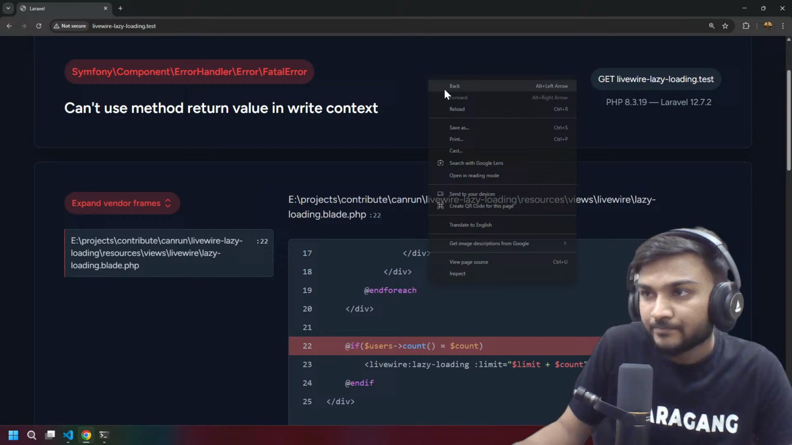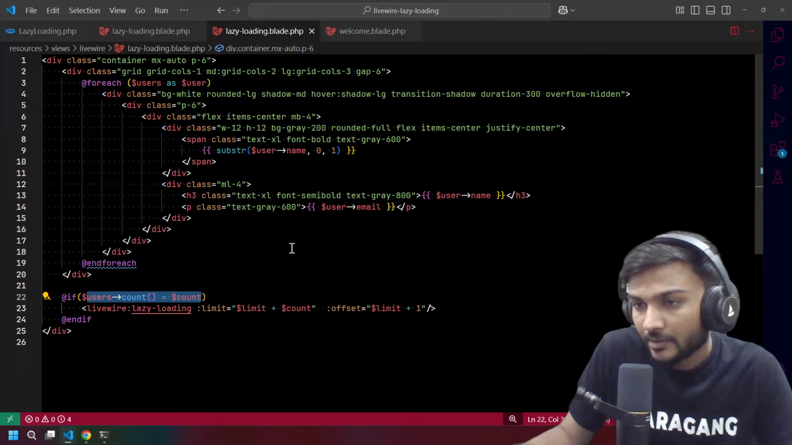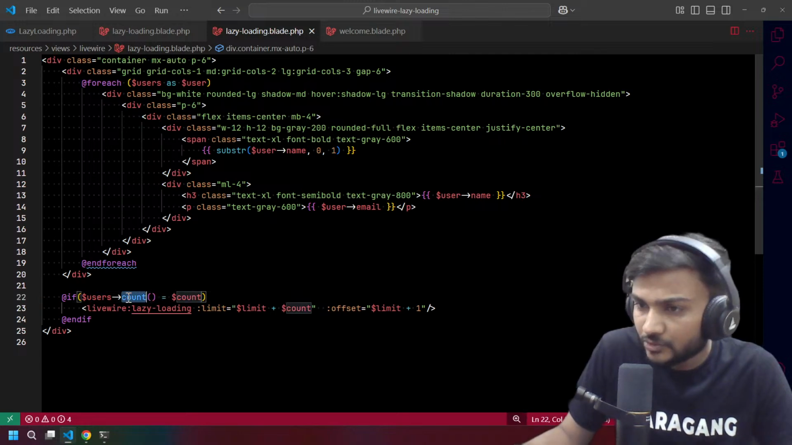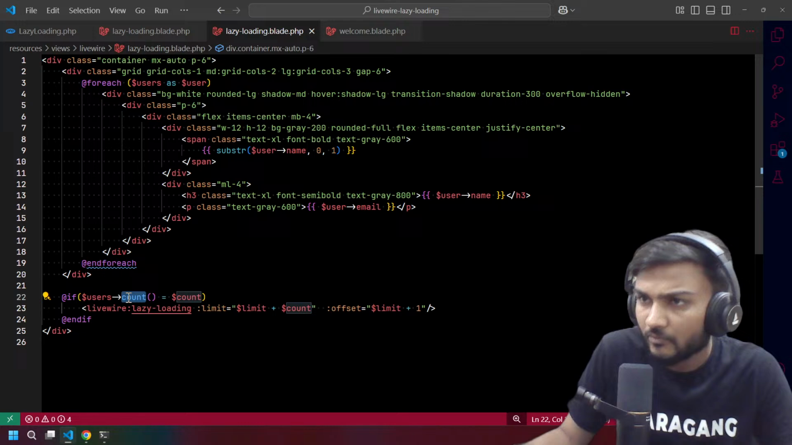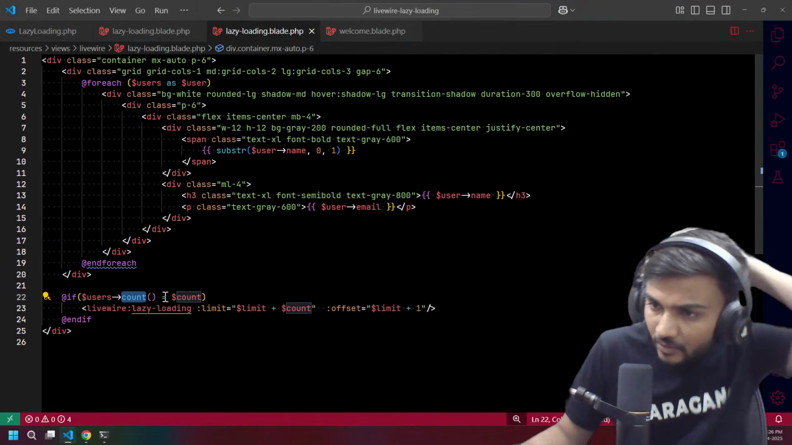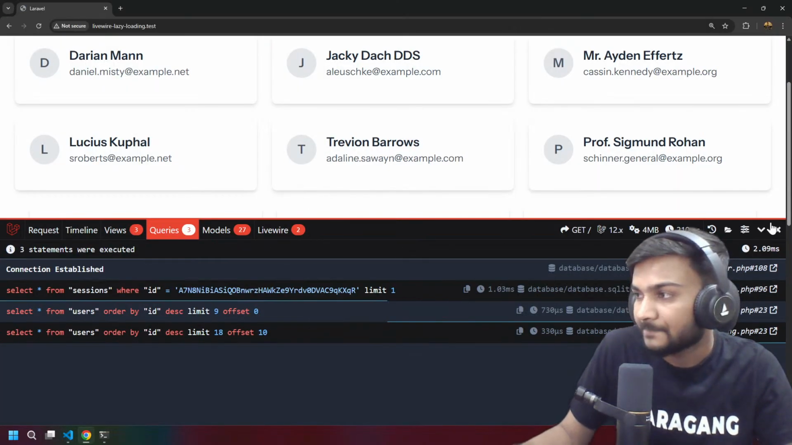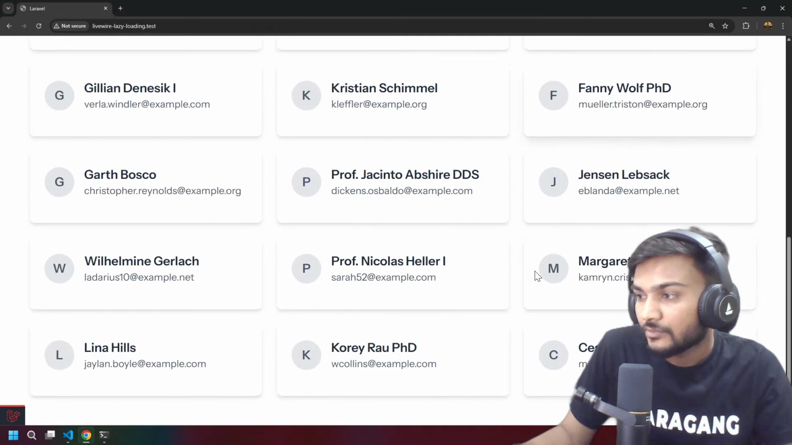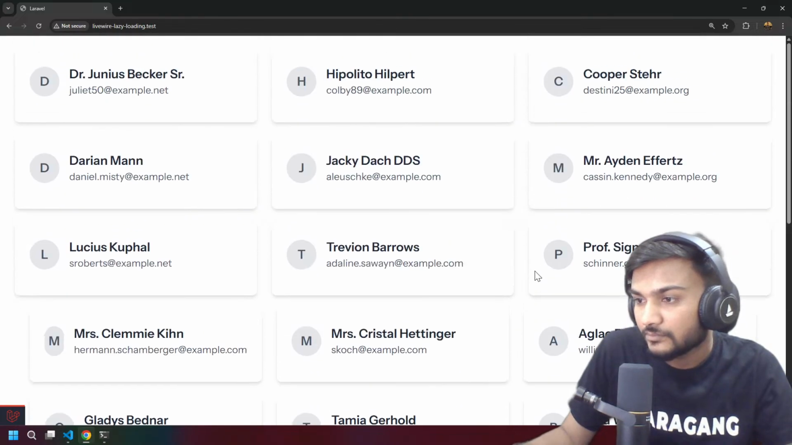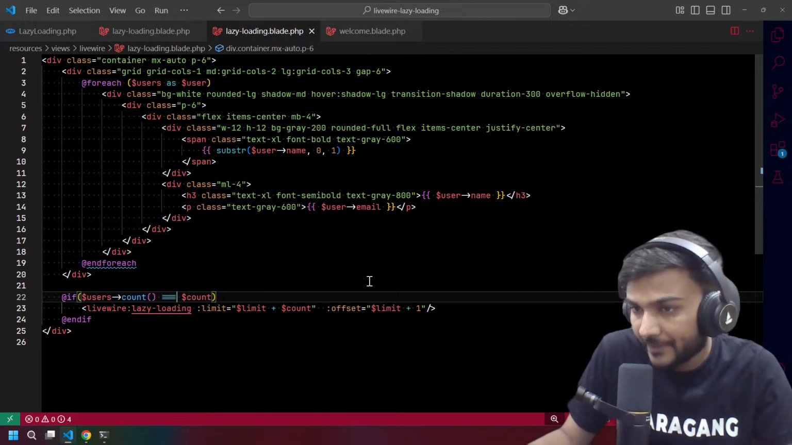Okay. So we have one problem. We cannot use a count method on users. Why? It says can't use a method return value in the right context. Okay, sorry. No one is telling me that we are making that mistake. What actually happened? So if users count